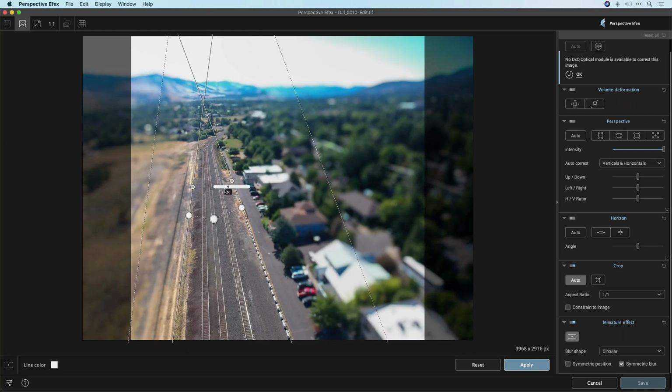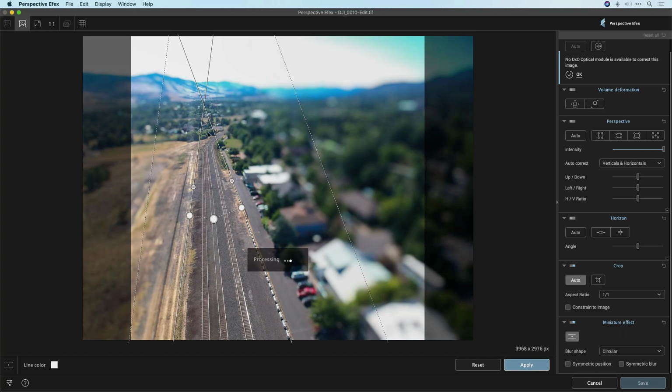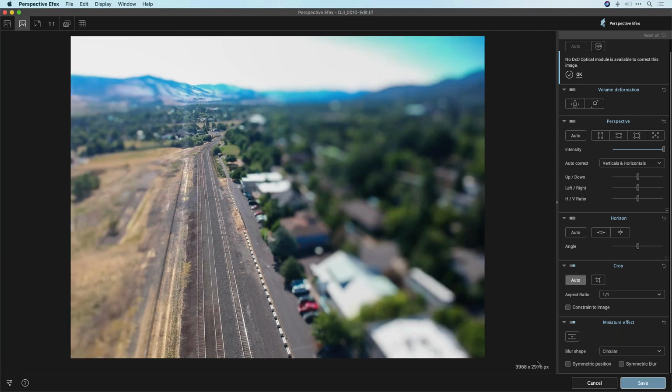And now if I go in and I adjust the blur, it is adjusting the amount of blur on both sides as we saw before. However, I can go in here and turn off symmetrical blur, and now I actually have independent blur amounts as well. So you really do have an immense amount of control in here. Again, it doesn't really work for this photo, and honestly, I couldn't find a photo where this worked really, really well in,